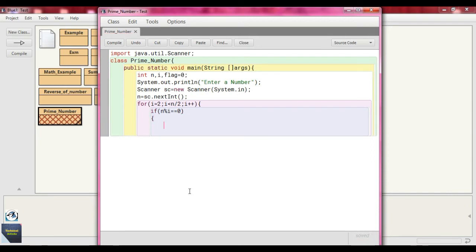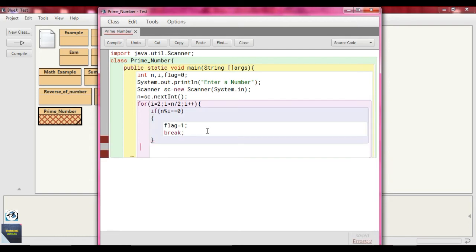means if the number is divisible except 1 and except the number, then we can say the number is not prime. So if it enters this particular condition, then what happened? We just change the flag value, just write flag equal to 1, and we just terminate from the loop, just write break. Okay, and after that close this for loop, and after here we write if flag equal 0, means if the number never